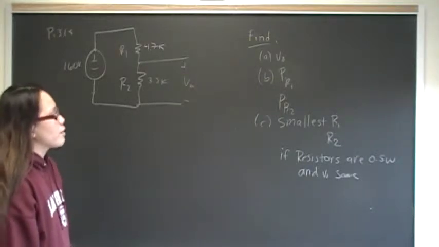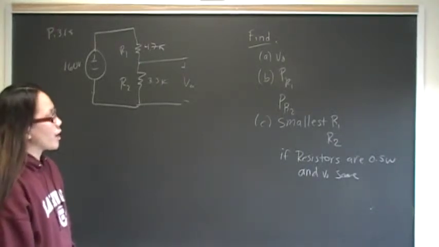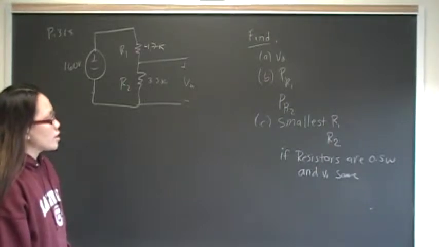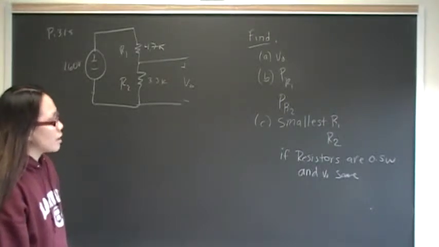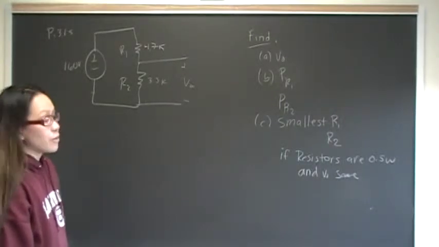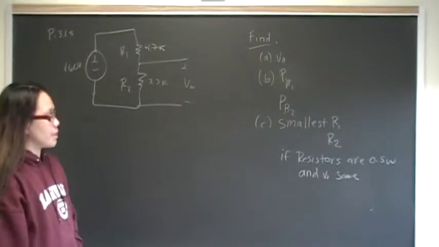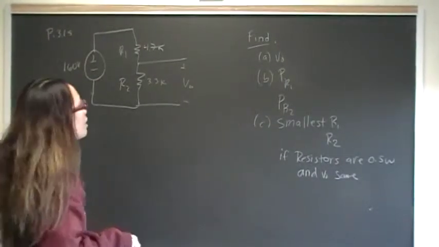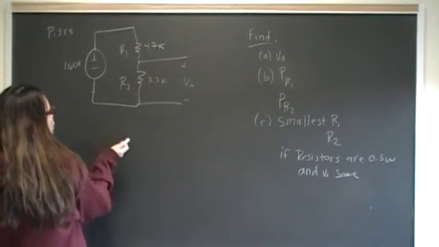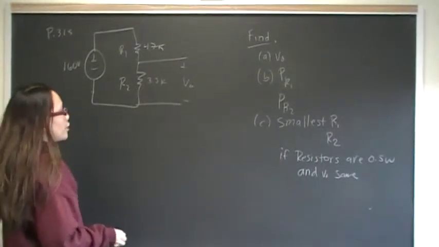And then we want to solve the problem: what if we only have 0.5 watt resistors? What values should we choose for R1 and R2 if we want to keep the voltage, the V naught, to be the same? So for V naught, that's just a straight up application of the voltage divider, which says that